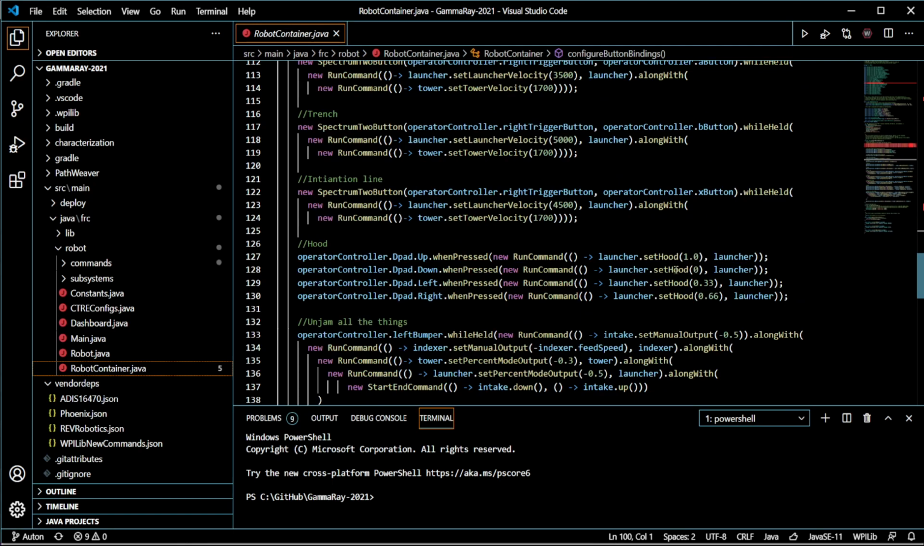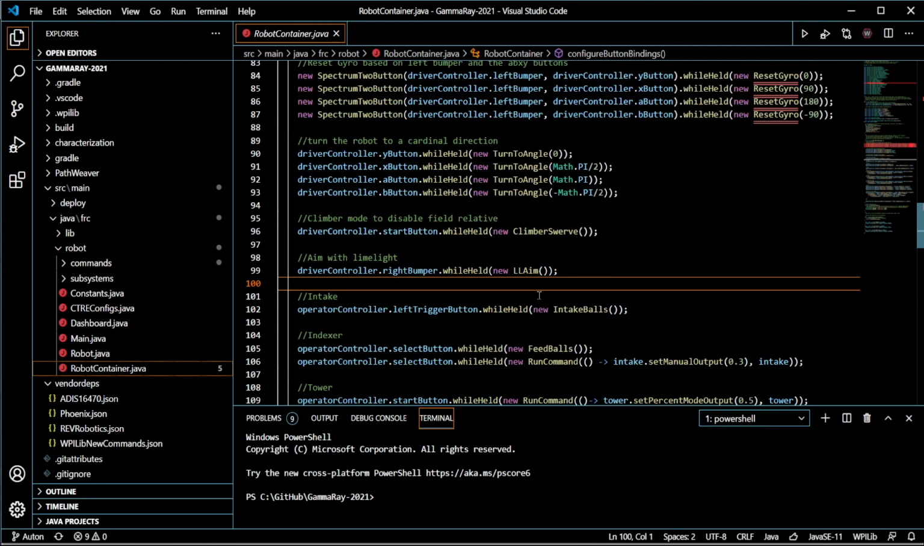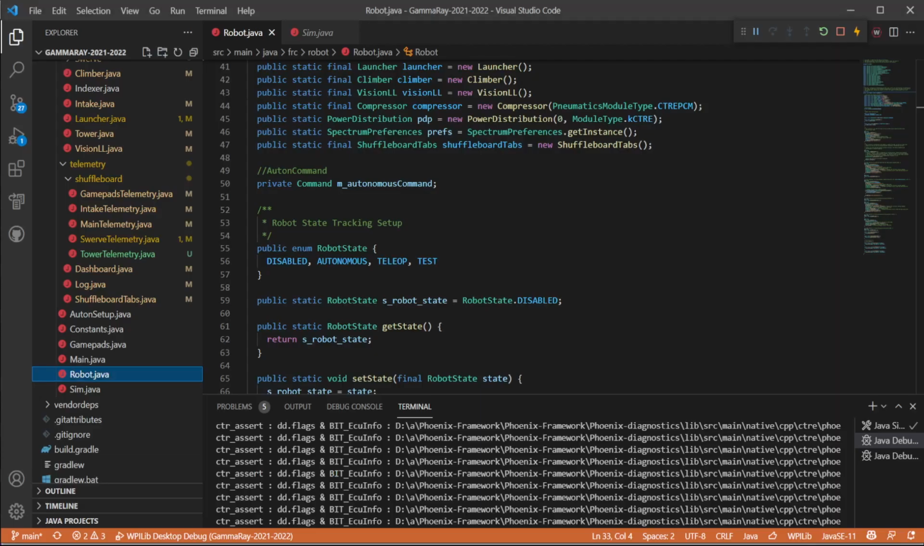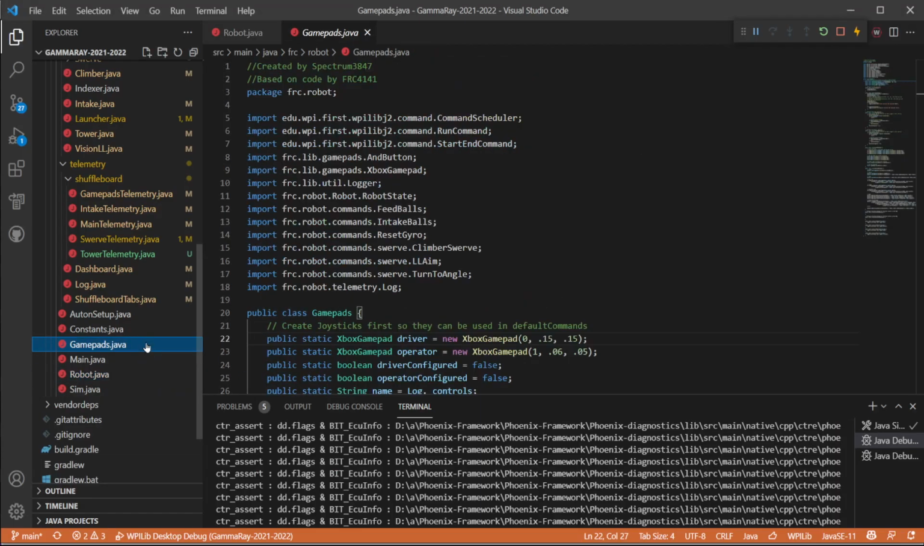And all of these lines were getting really long and hard to read. They're still not perfect in the new one, but they're a little bit better. So we can see what it looks like in the new one. So now we have this Gamepads class. And Gamepads is where we put everything that has to do with the driver controls, operator controls,